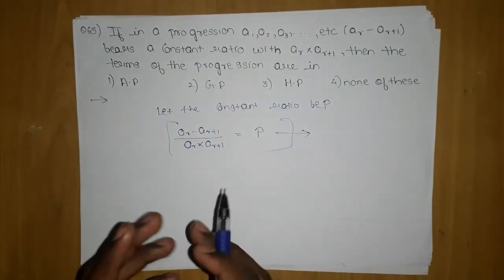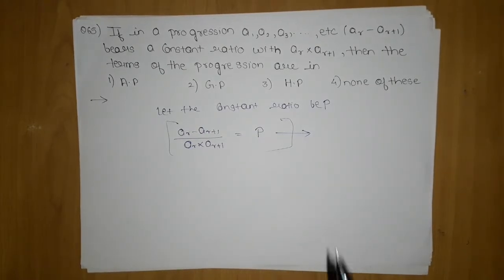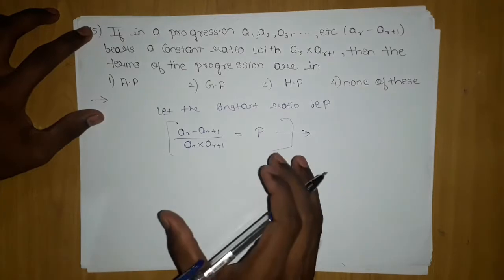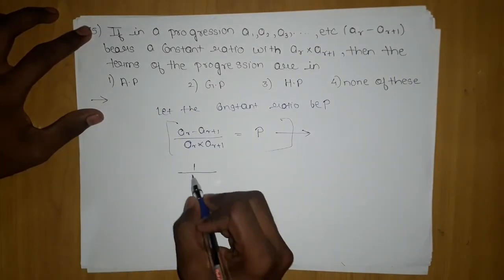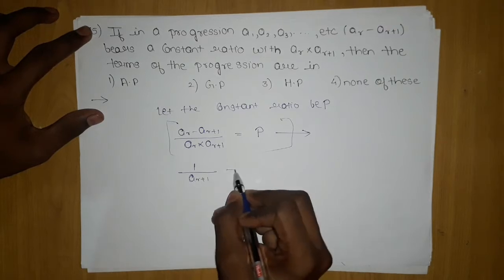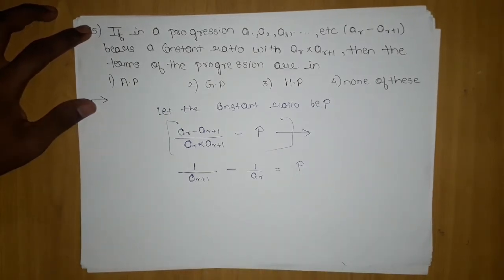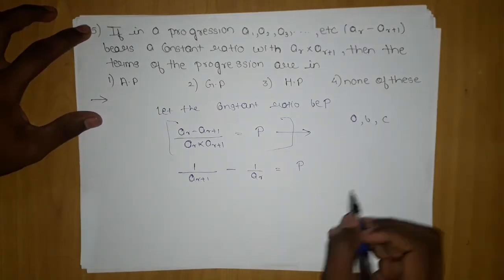But if you have still not realized what it is, then you are not that developed in this chapter. Many children have this chapter weak only. So if you have not predicted, I will make you predict. How? I will split this, which will give me 1 upon AR plus 1 minus 1 upon AR is equal to P. Now if you remember, I will say that A, B, C